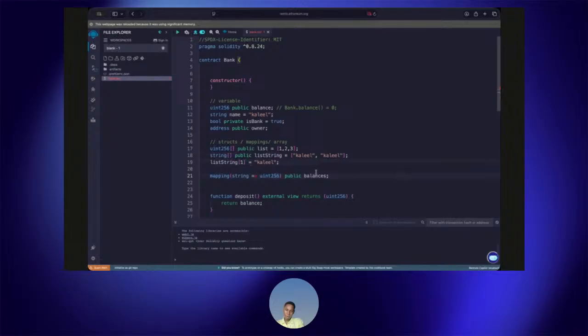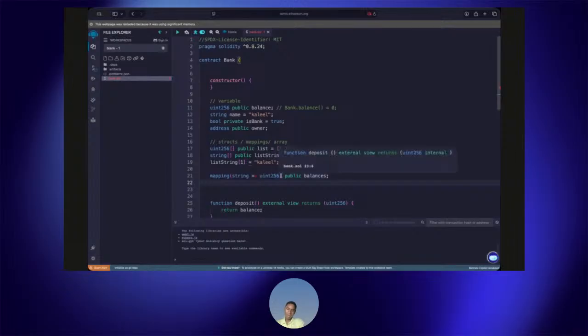And for mapping, if you are doing something like this, we are mapping a string to a uint256. That means the string will serve as the key, and the uint256 will serve as the value. You can grab these balances by specifying the user's name. So I can say Khalil, and then specify the amount I want to put in Khalil's balance, so Khalil equals 108 or whatever.